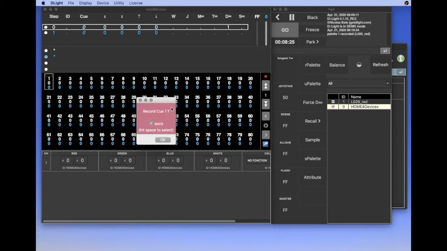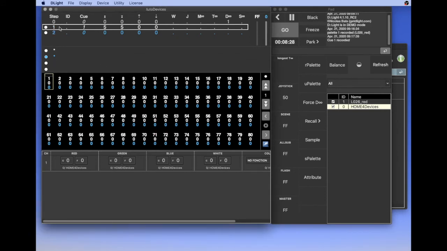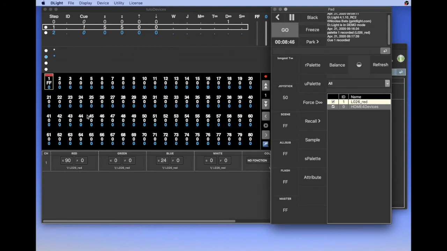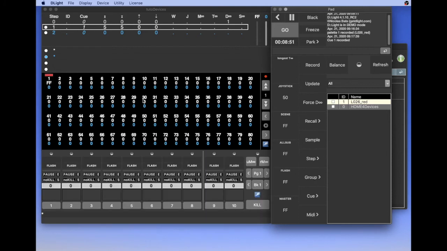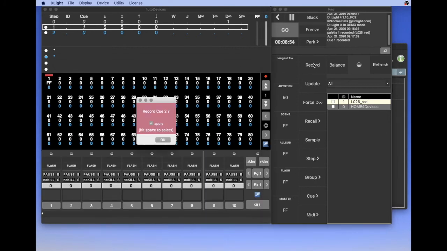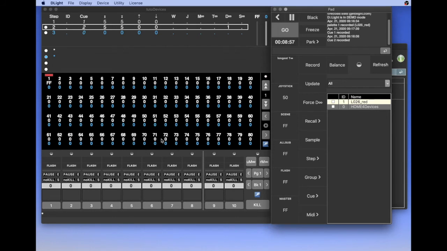If I record a cue, record Q1 is registered. If I want the device to be in red for the next cue, I give it a level, apply the red palette, and hit the record button. Record Q2. You see now in my Q2, channel 1 is at full, plus a device link has been created.